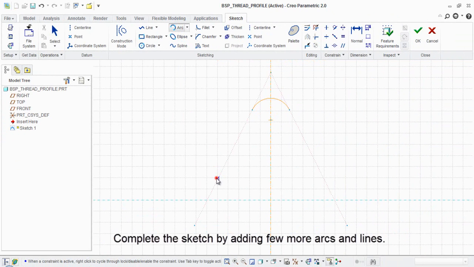Complete the sketch by adding a few more arcs and lines.